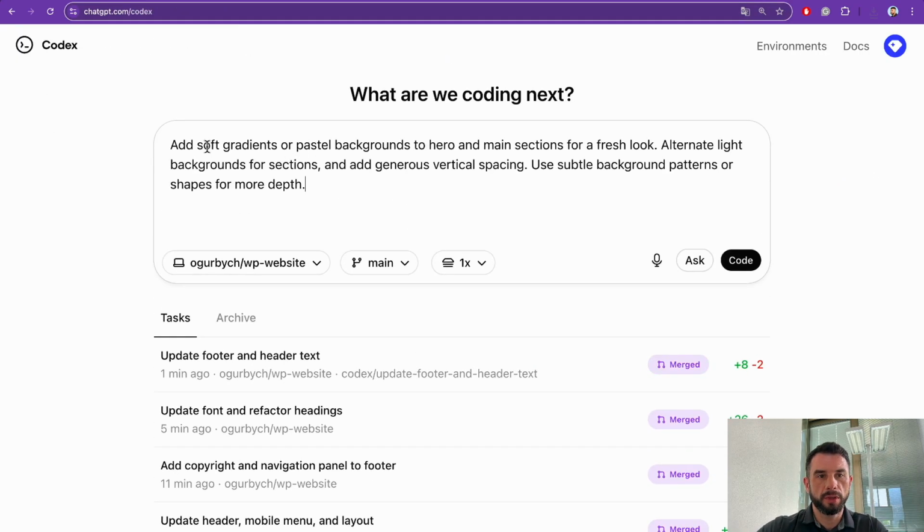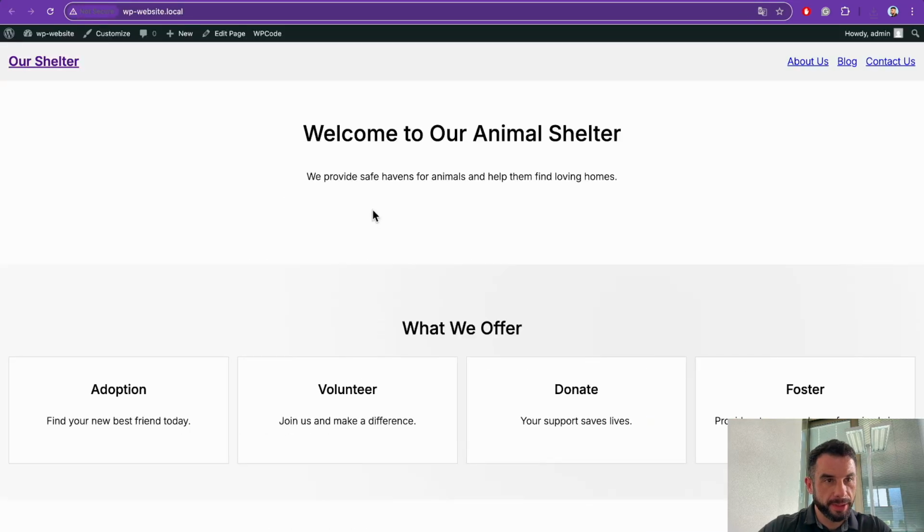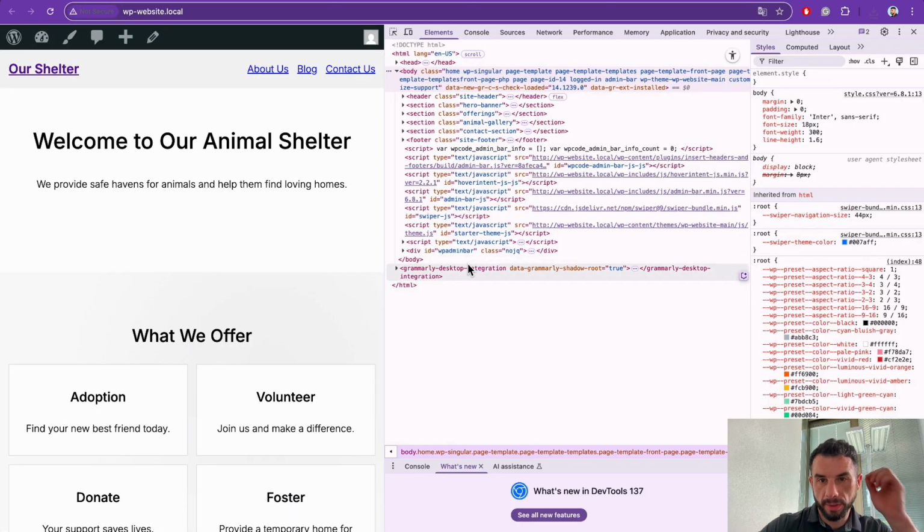For example, let's add soft gradients or pastel backgrounds here in main sections for a fresh look, alternate light backgrounds for sections, and add generous vertical spacing. Use subtle background patterns or shapes for more depth. Definitely we can see that these subtle backgrounds